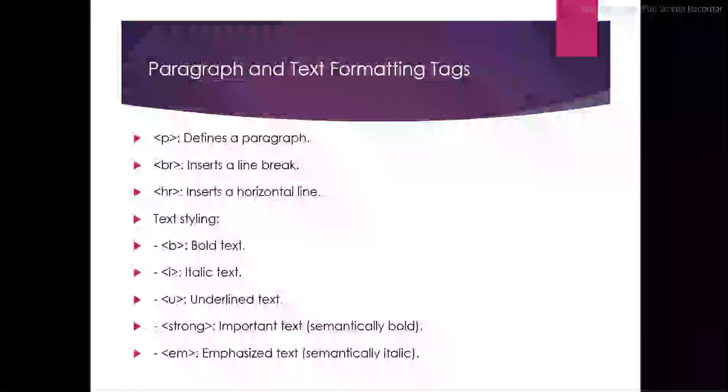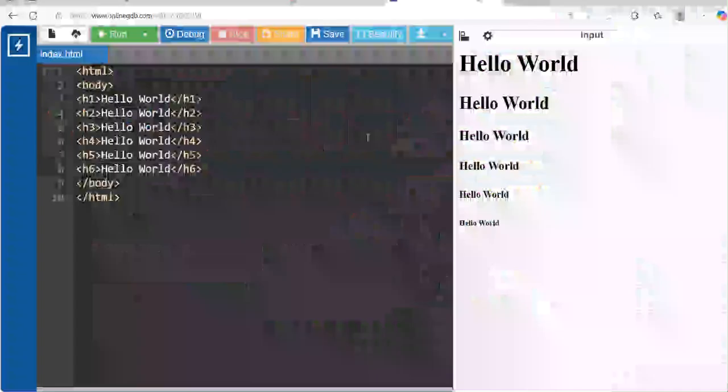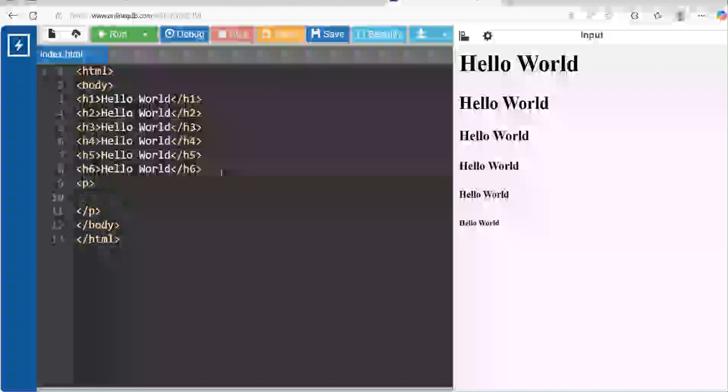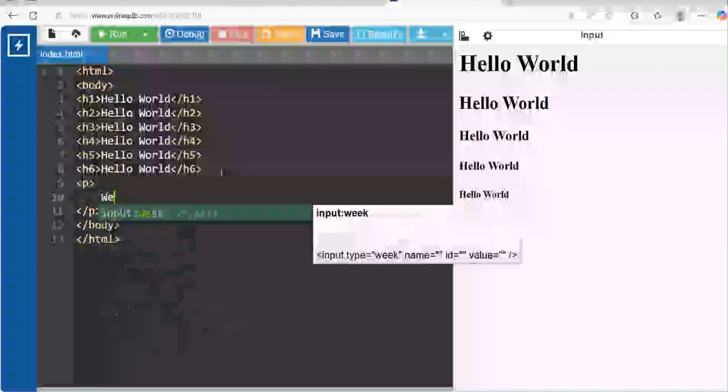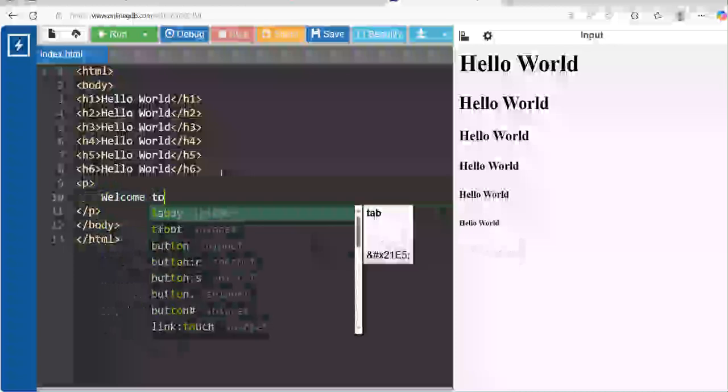Next we have tags like the paragraph tag, BR, HR, and then bold, italic, underline, strong, emphasize. Let's look at these one by one. The first one is the paragraph tag. Let's write something, and then we'll see what this paragraph tag is. This paragraph tag is not going to make any visible difference. For example, I can write something like welcome to